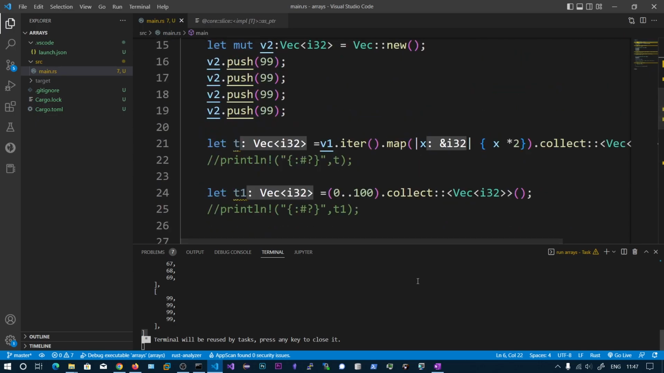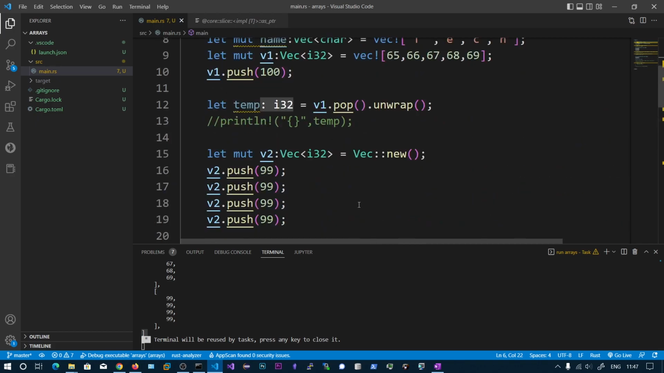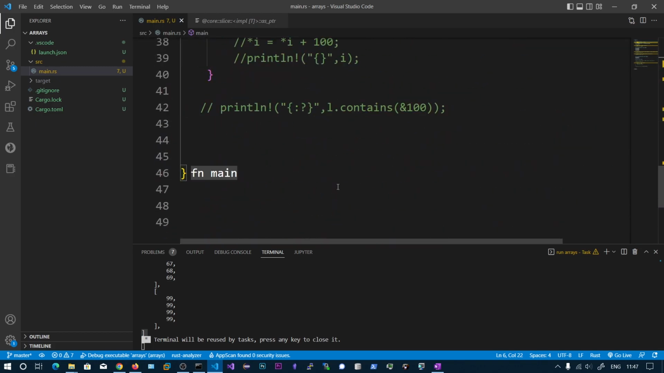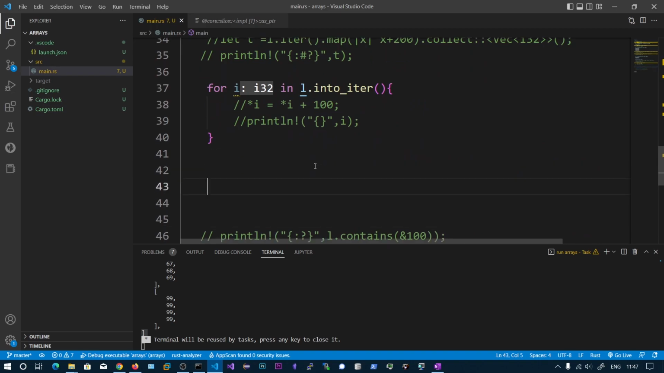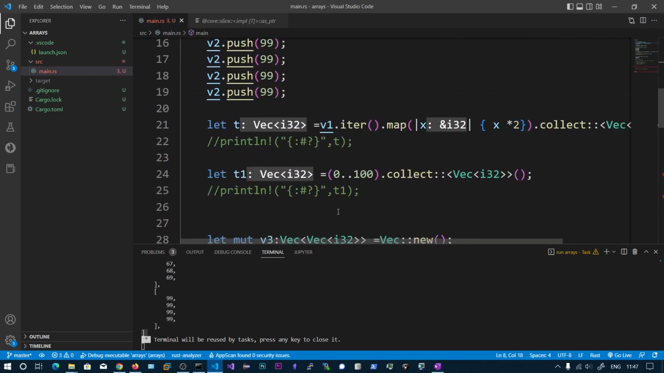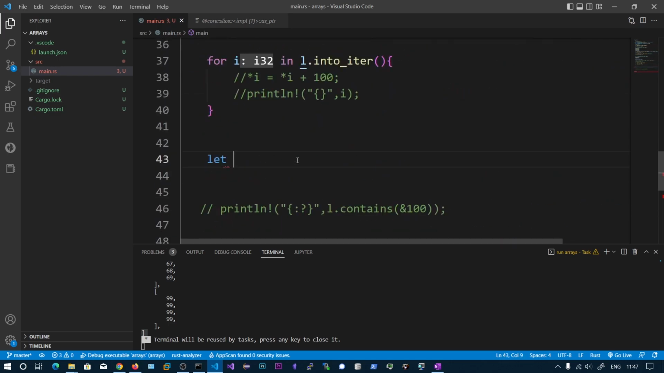Now let's talk about the strings. So the strings are of two types actually. One is, let's say, let name is equal to laptop. Now here we can see the data type given by the rust analyzer extension is &str. So this &str is a string slice. So the laptop here is a string slice and it cannot be changed,